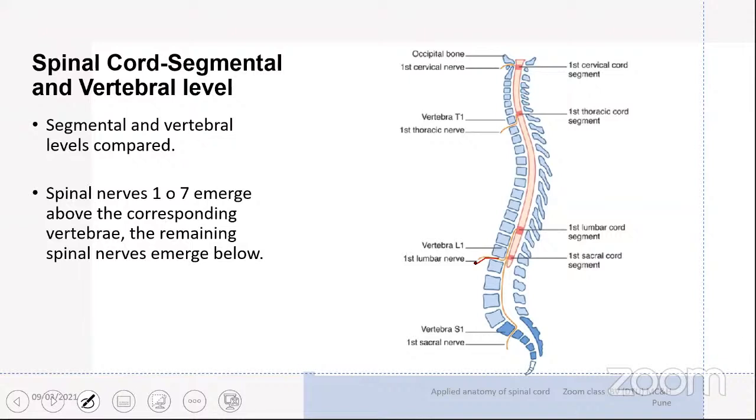So you can see there are enlarged cervical and lumbar enlargements, and these